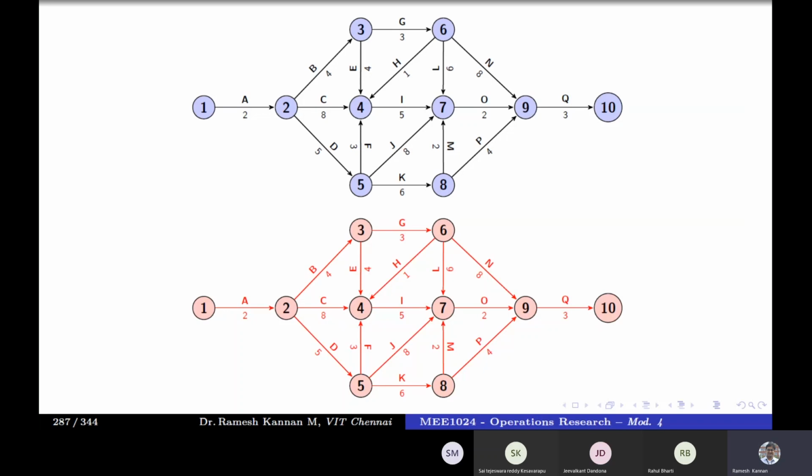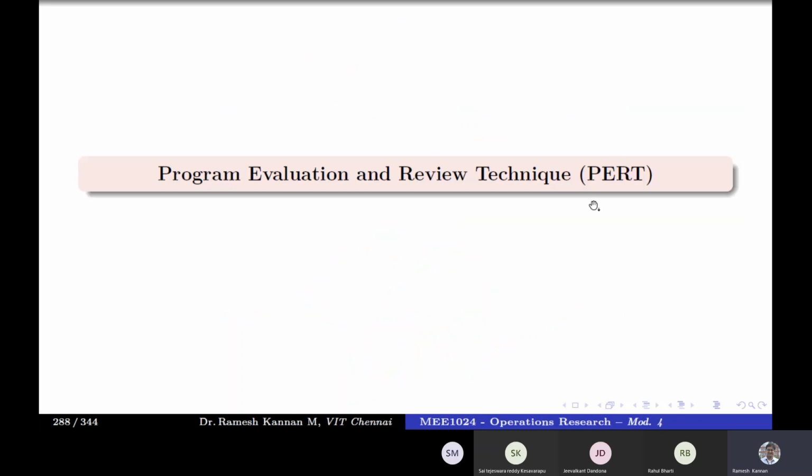But some people write very fast. Some take even longer than the 3 hours and do it in a hurry at the end of the exam, or some finish exactly at 3 hours. So it doesn't talk about the skill of the people. In this deterministic time, for example, if activity B is 4, it is 4. It is determined, so it cannot change. But PERT consists of 3 times. It's called multiple time estimate, or 3-time estimate, and it looks at the optimistic time, most likely time, and pessimistic time.